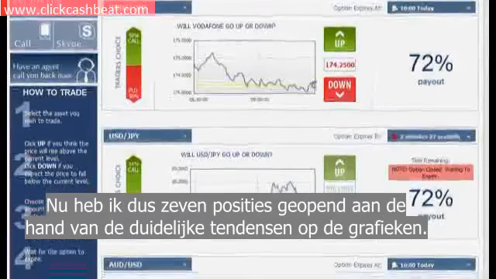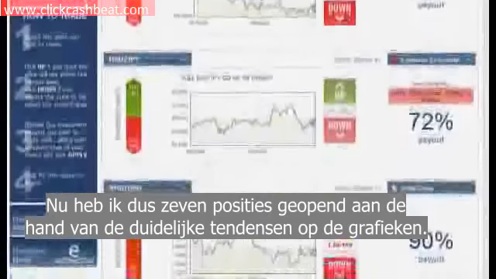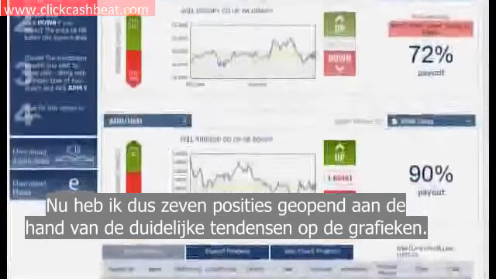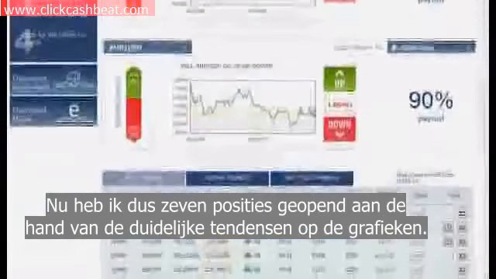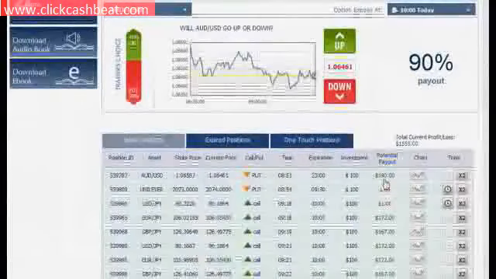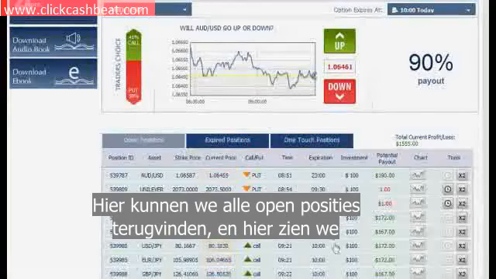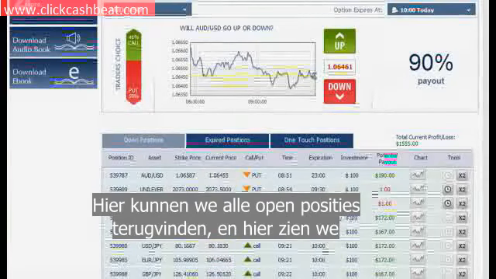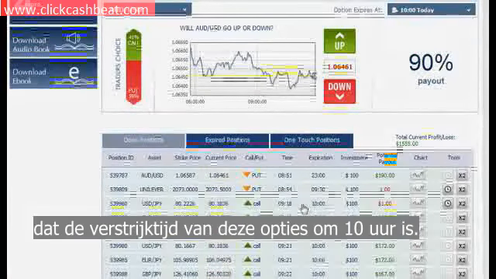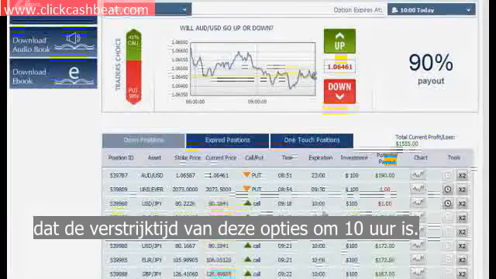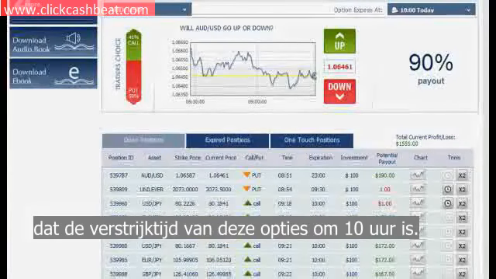So by now I have currently opened 7 positions following the significant trends showed by the graphs. Right here we have all of the open positions, and we see here that the expiration hour of those options